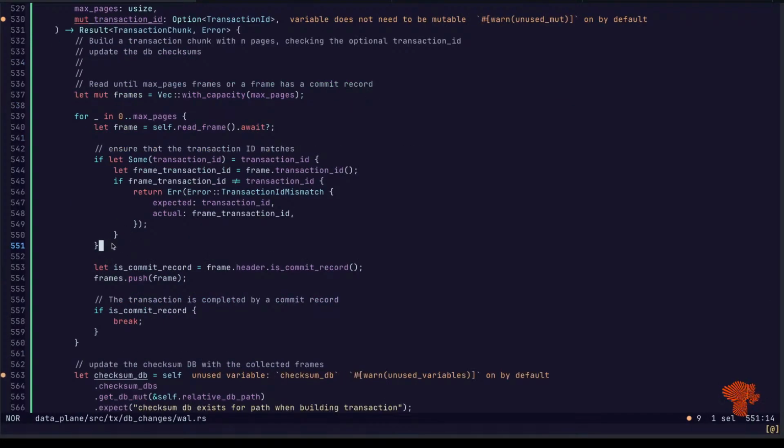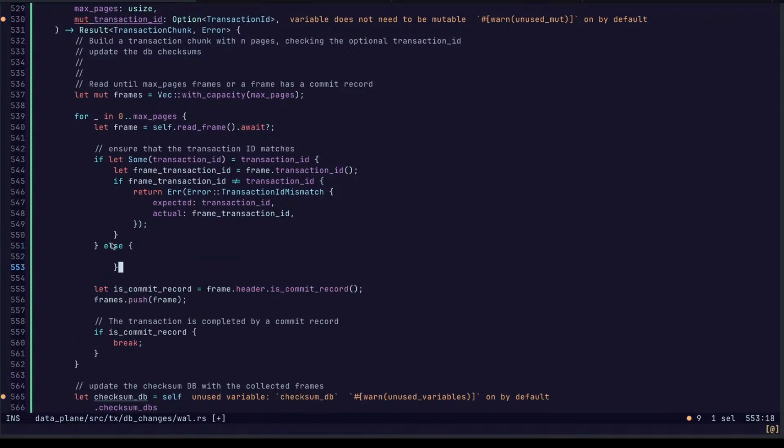So if transaction is not something, let's set it.